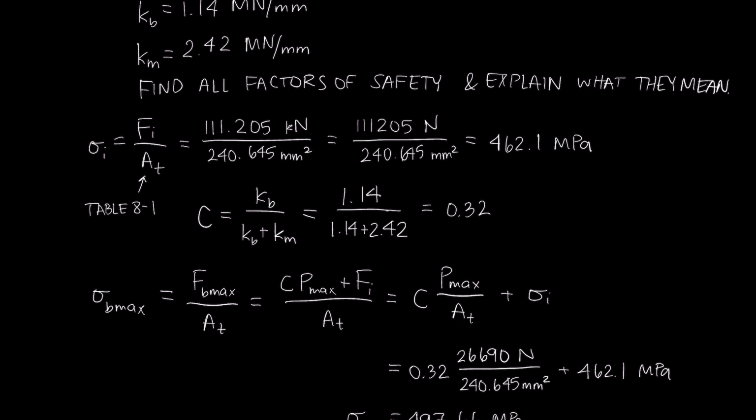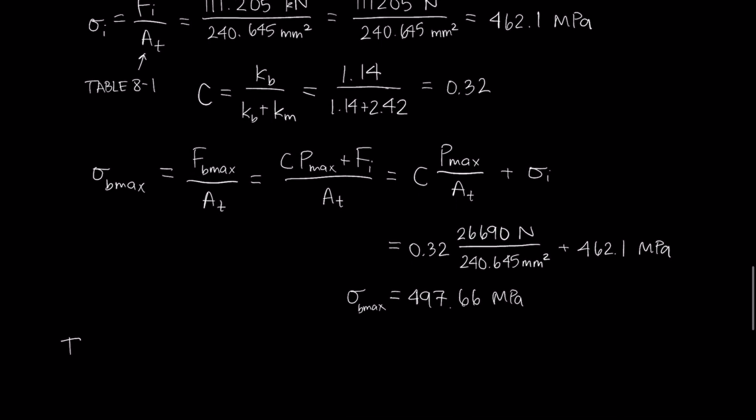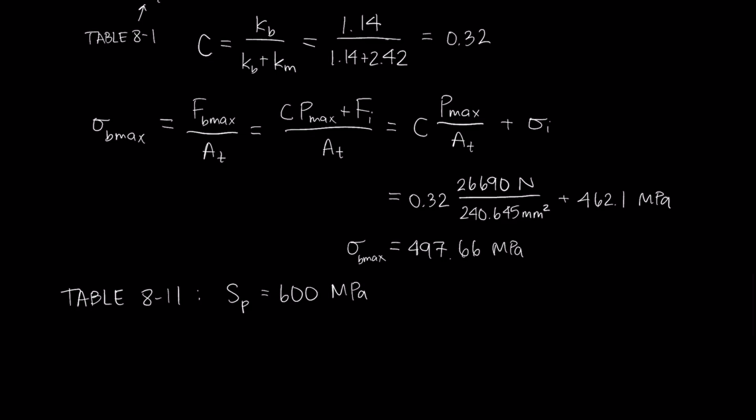To find our factors of safety, we need to know what the proof load is of this bolt. And we can find that in table 8-11 in the textbook. For this class 8.8 bolt, we have a proof stress or proof strength of 600 megapascal. So now let's compare that to the stress that we got to work out what our factors of safety are. For the yielding factor of safety, just comparing the stress in the bolt at maximum to the proof strength, we can find our first factor of safety, which is